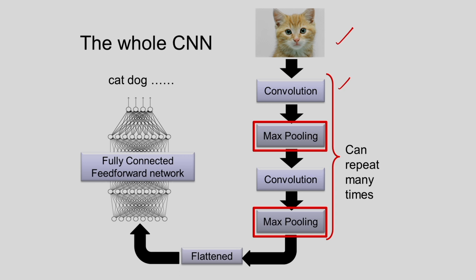After this, the output of the max pooling is converted into a 1D vector, that is the flatten. After this we can consider a fully connected feed forward network, and then I will be getting the outputs. The output means the number of classes I will be getting. That is the object detection we can do, whether it is a cat or a dog, that we can determine by considering this CNN, the convolutional neural network.